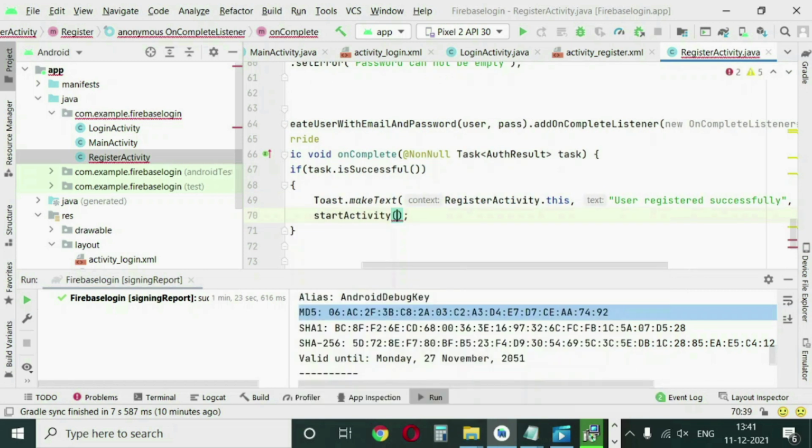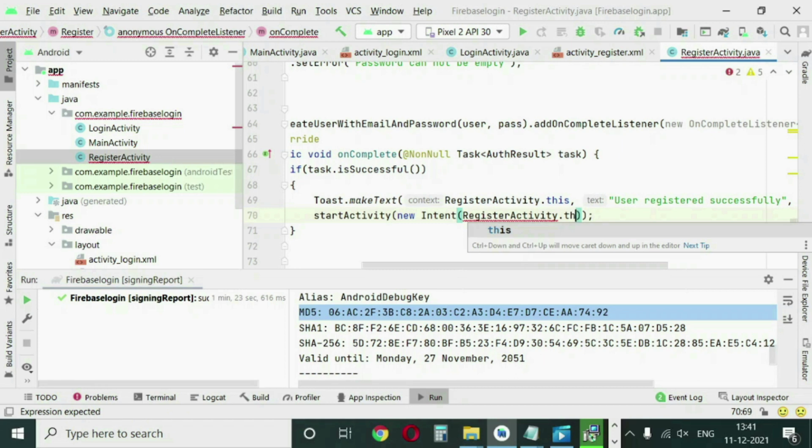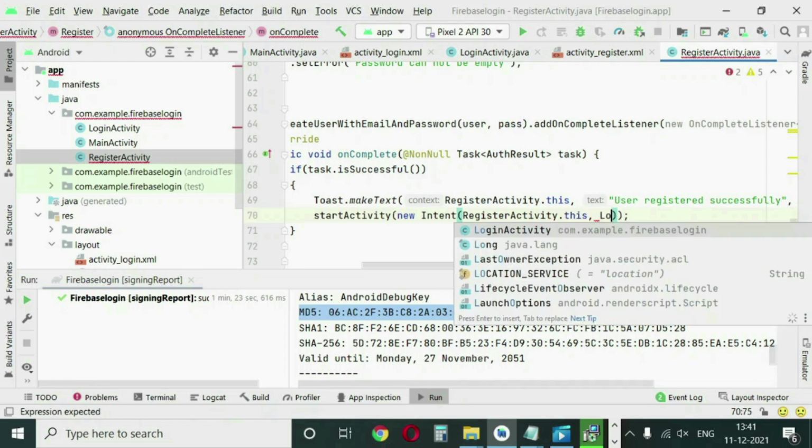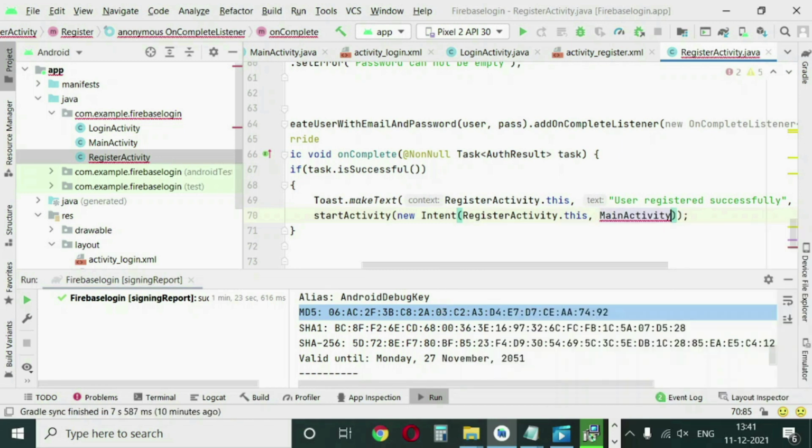Once the user is registered, we can start the activity new intent. We can write register activity dot this comma main activity. So once the registration is successful, we will land up on the main page, our home page.